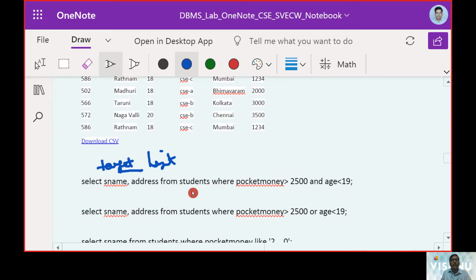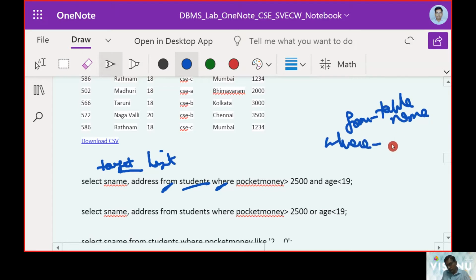So from, it indicates the table name, where it is going to move up the condition part. So what was the condition? We were telling the pocket money should be greater than 2,500 and the age should be less than 90. Okay, this was the condition.